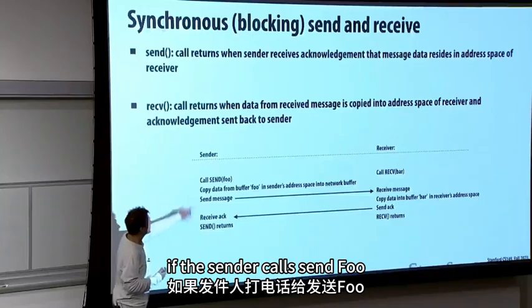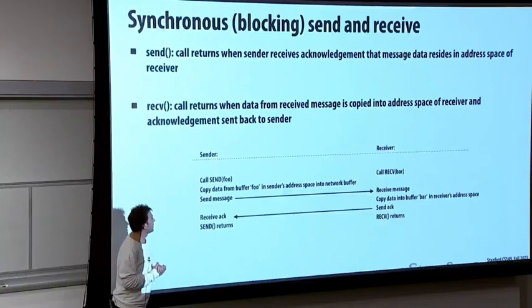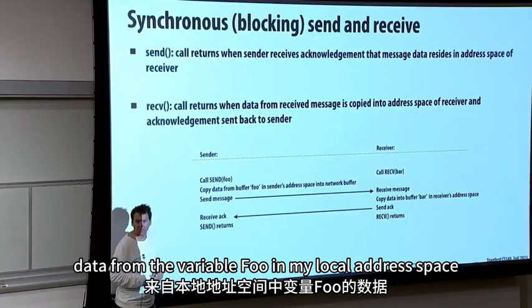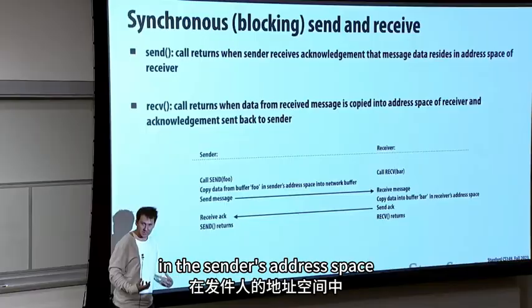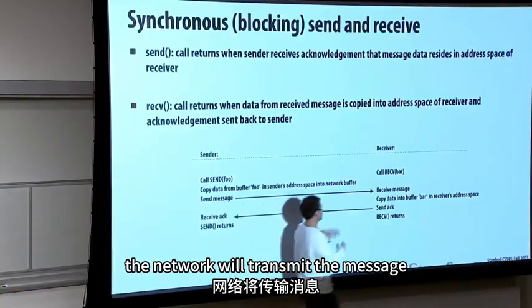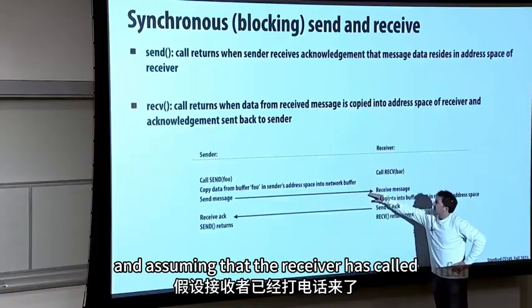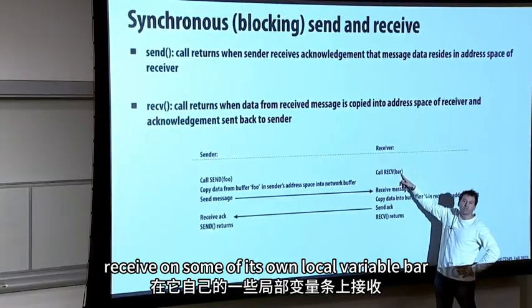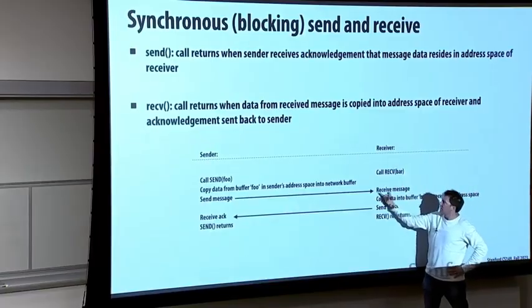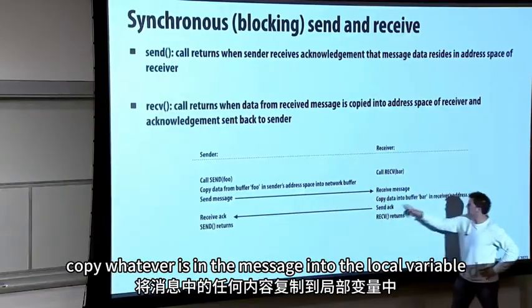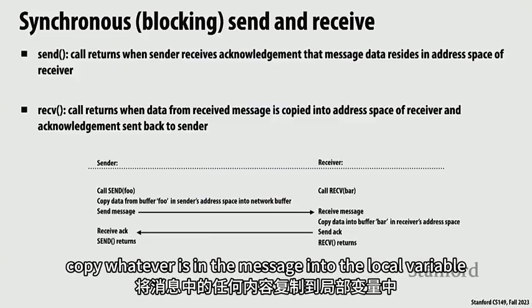The sends and receives that I just showed you, that we all kind of assumed, would work like this. If the sender calls send foo, data from the variable foo in the sender's address space will be copied into the network. The network will transmit the message. And assuming that the receiver has called receive on some of its own local variable bar,